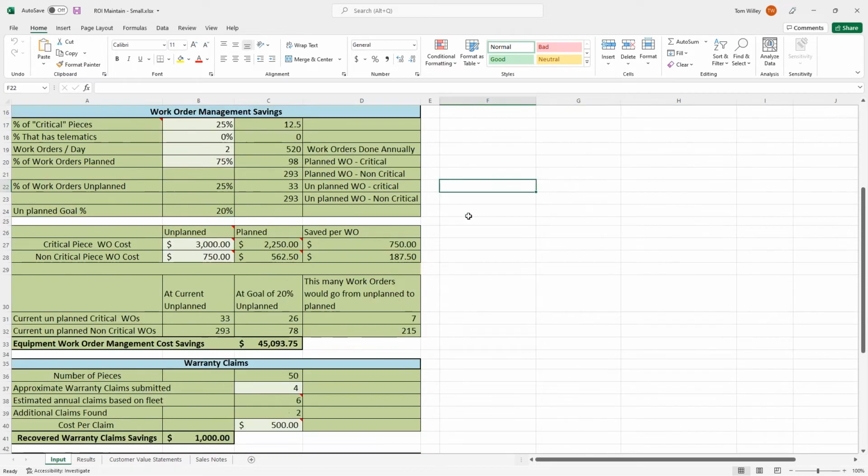So when we get into the work order cost, we say, well, okay, for a critical piece, for a small shop, it might be $3,000 and $750 for non-critical. Where the cost savings comes in is there's industry research that shows that when you make a repair and you're doing it when you plan it, so it's a planned repair, whether it's corrective or replacing a part, that is 25% less expensive than if you do that same repair because it's a failure in the field, because of either ancillary damage, it just takes longer to repair, to wrench it out rather than a proper one. So we take the cost of those work orders and we say you're saving 25% on those